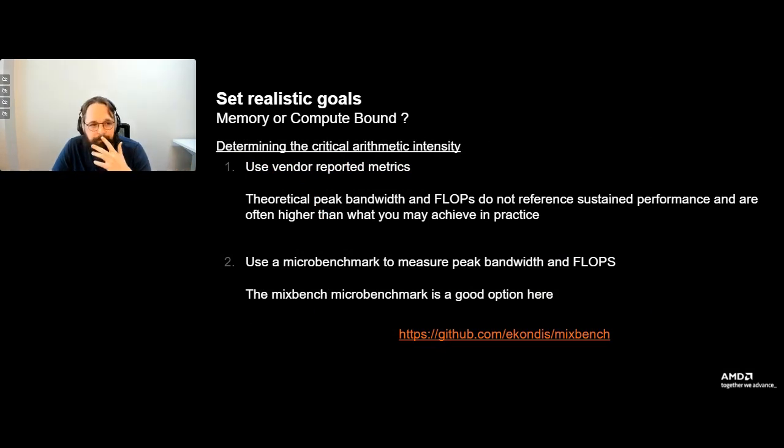on that diagram. So there are two ways to get that critical arithmetic intensity. We're going to talk about the hardware first, and then we'll focus on your software, how you use the profilers to pull out your kernel's arithmetic intensity. So there are two common ways you can do this. One is using the vendor reported metrics in the white papers that come out with the hardware, or you can use microbenchmarks. The thing I like about the vendor reported metrics is if you just get a pen and paper and do a Google search, you can find out a pretty good idea of what that critical arithmetic